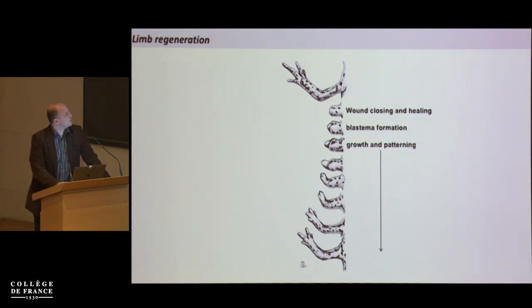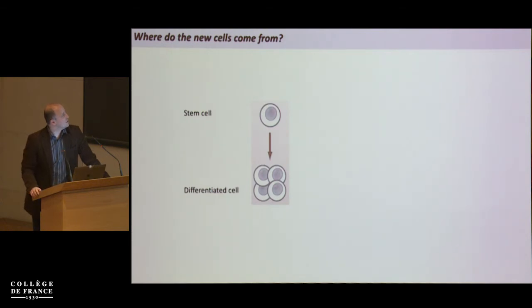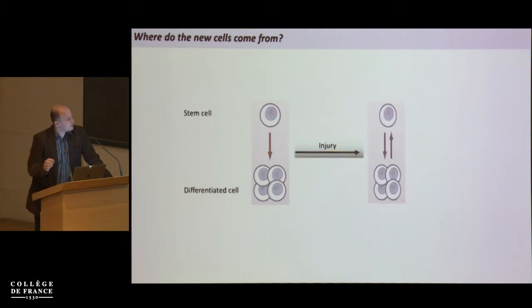The question that we have been studying quite extensively is where the new cells come from, both in the context of limbs and brain. This is the usual way you think about the process: there's a stem cell that differentiates to different lineages. But in the newt, there have been indications of the reversal of the process, namely that differentiated cells, as a response to injury, go back to a stem cell-like state. And the word de-differentiation